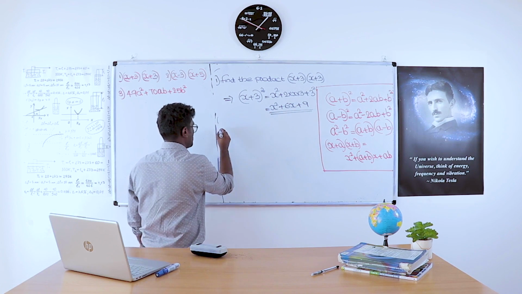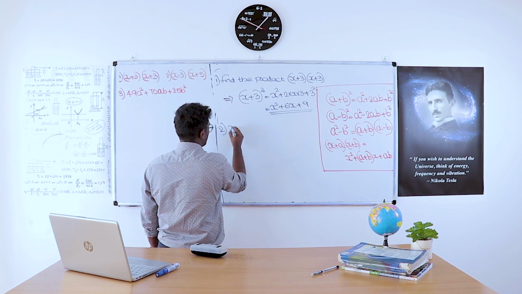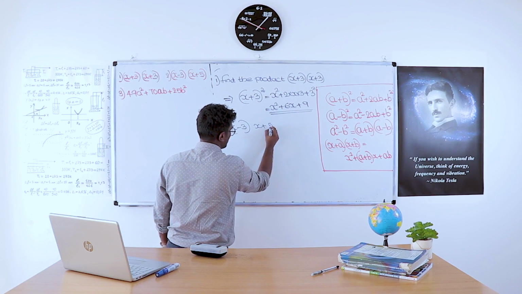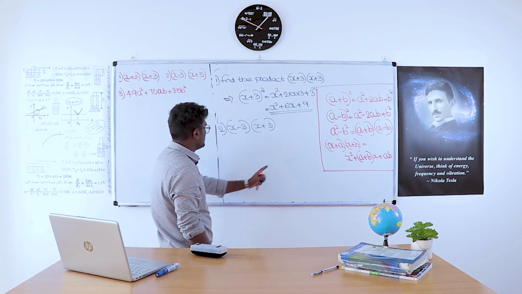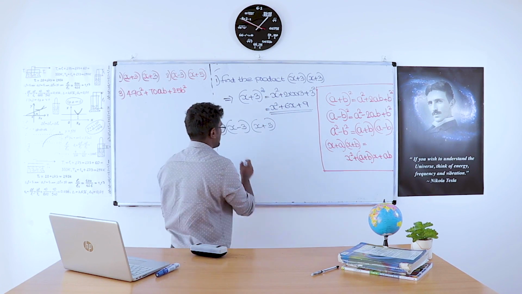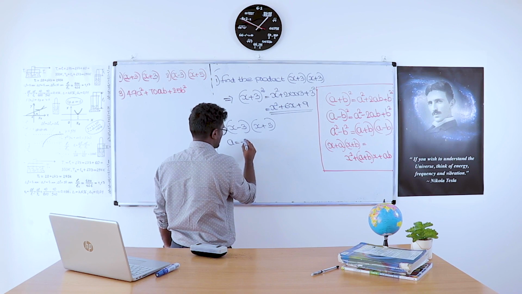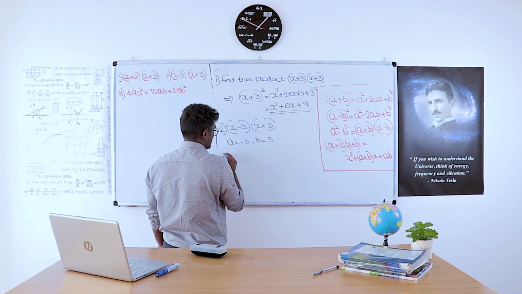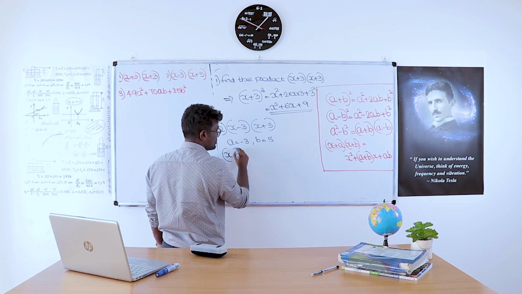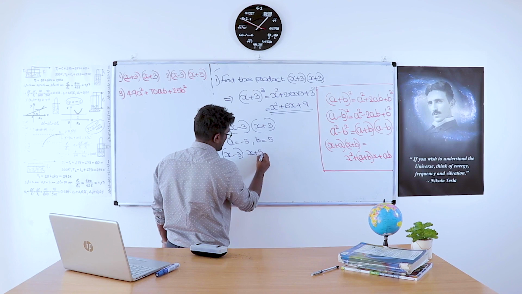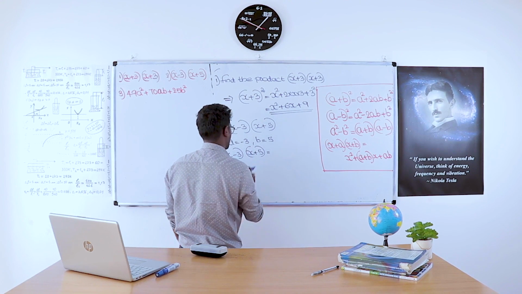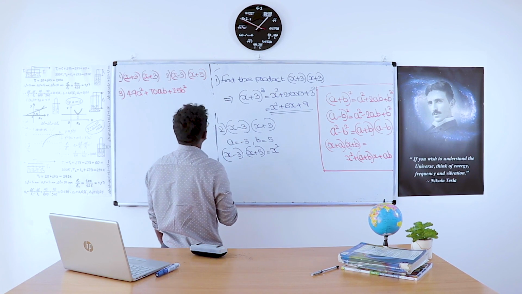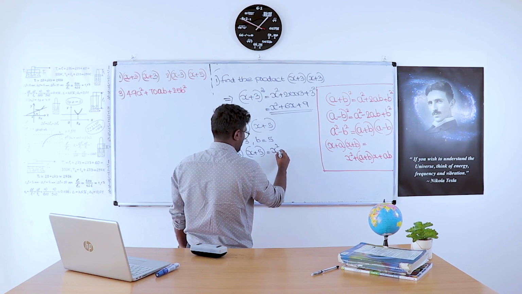What about the second problem? Find out the product of x minus 3 into x plus 5. First of all, you have to find which identity this is. This is the identity x plus a into x plus b. Here a is equal to minus 3 and b is equal to 5. So we can elaborate x minus 3 into x plus 5 in a way that is equal to x square plus a plus b